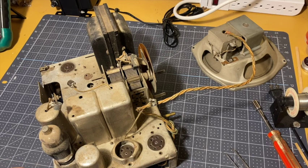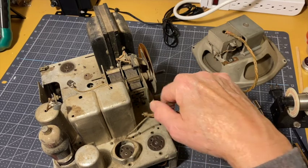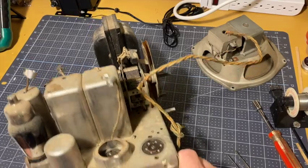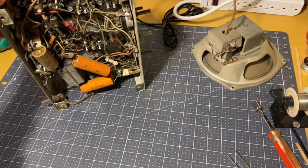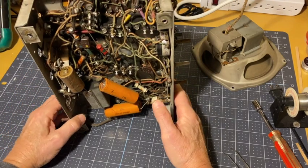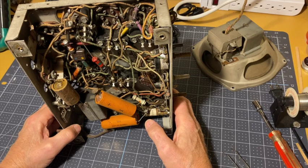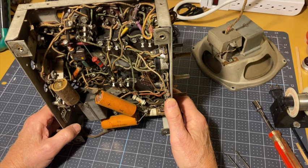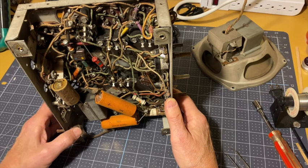But what I'm dying of curiosity about now is what's under here, and see if anybody's been in here. I hope not, but you never know. So let's tip it up on its side and take a look. Ha! Check it out. Looks authentic to me. Yeah, it looks